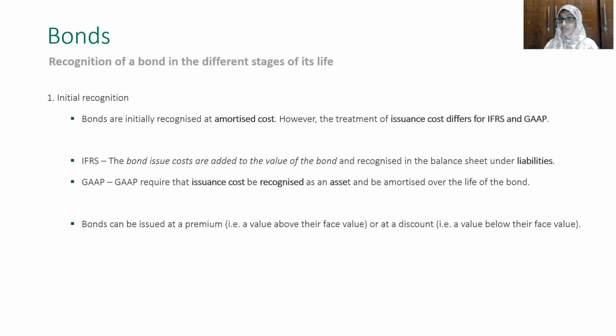So initial recognition. Bonds are generally initially recognized at the amortized cost. Now, what is amortized cost, or what is amortization? Do you know what it is? Let me just explain. Amortization is generally the process of how you would gradually write off the initial cost of any type of asset. One of the examples that I could give about writing off an asset would be